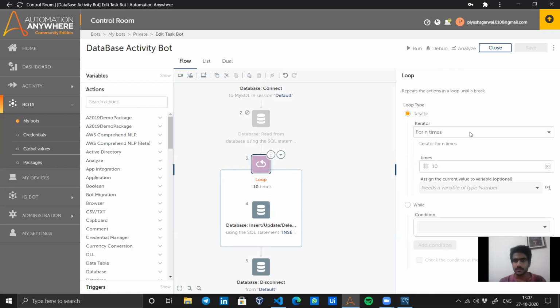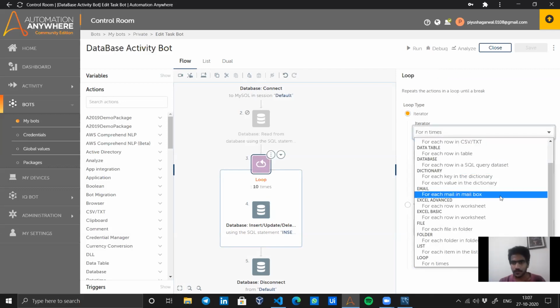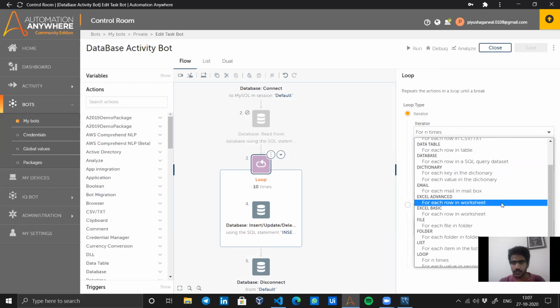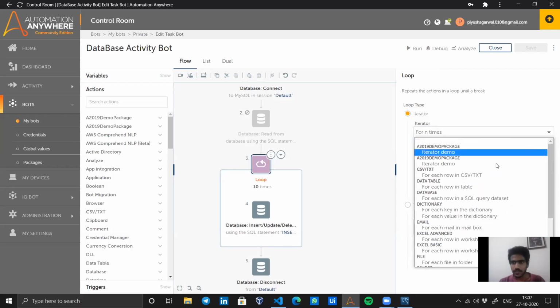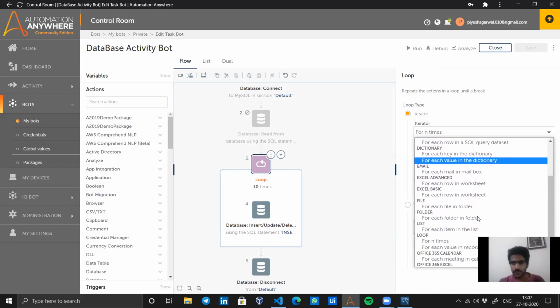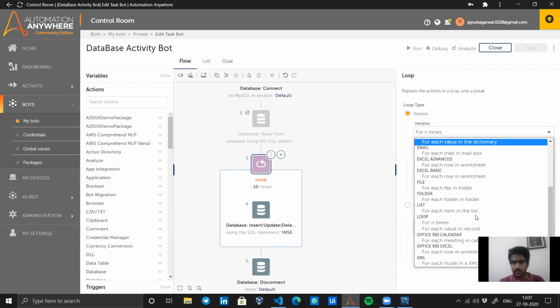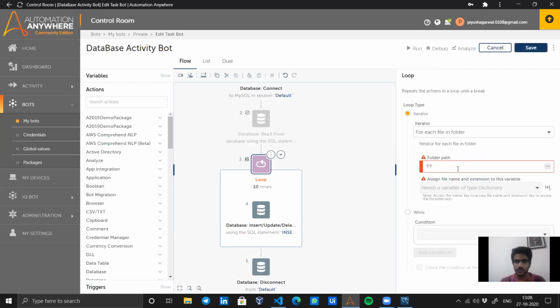So what we can do, let's make it a little bit different. For each, we need a value so that it can iterate. Excel basic, for each file in a folder. Okay, I will just use this one, for each file in a folder, and I need to give a folder path.